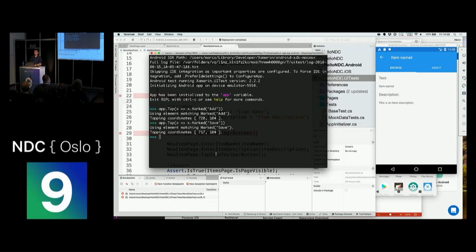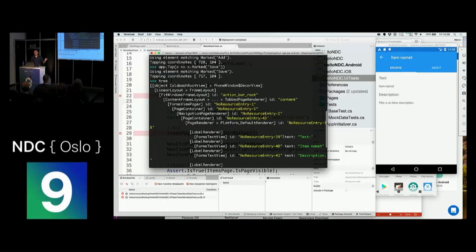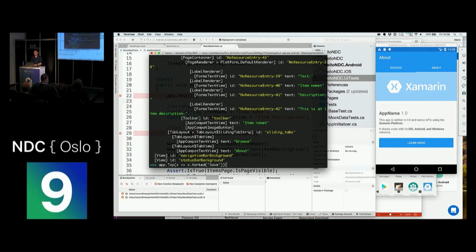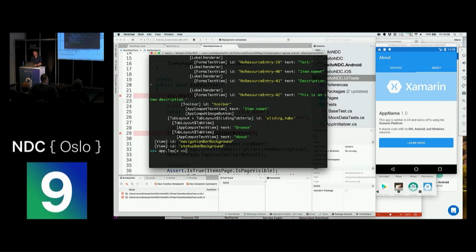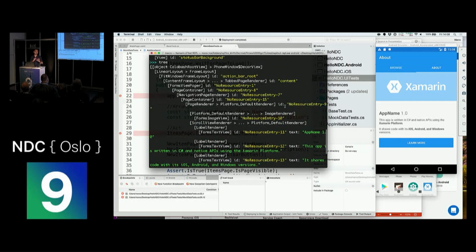And if you don't know how the UI tree looks like, you can do something like tree. And tree allows you to see everything that's currently on the screen that we can use to interact with during our tests. And the fun thing is that when we browse around, so I have a different kind of output right now, and I do tree again, you would see a totally different tree, because obviously it's only giving me the visual elements that are currently on the screen.